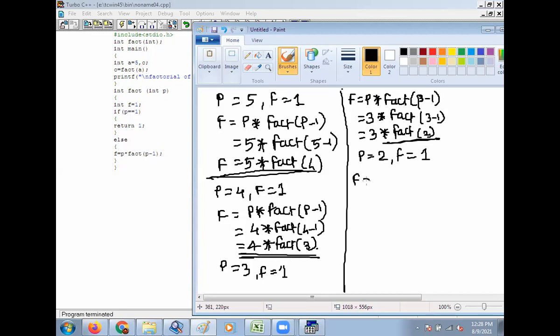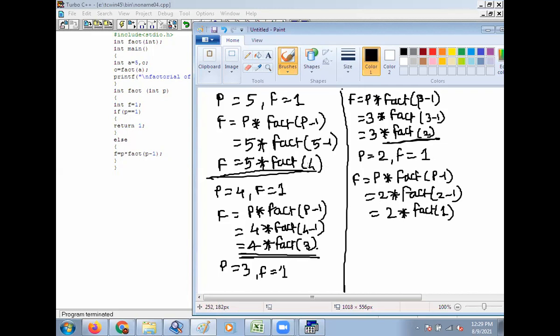F is equal to p into fact of p minus 1. So here 2 into fact of 2 minus 1, that is fact of 1.